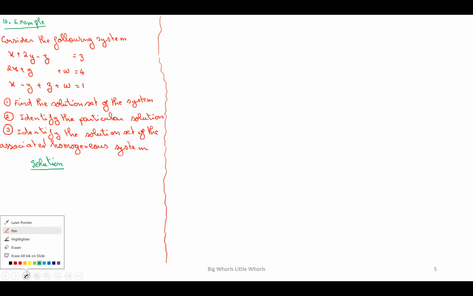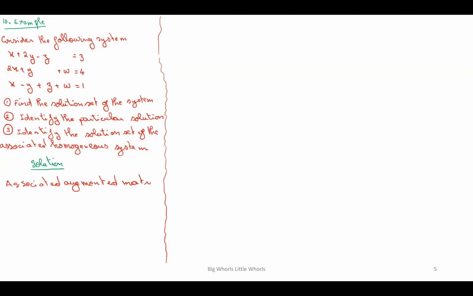Before we start part 1, instead of doing the computation on the system, we have learned a better way, which is to do the computation on the augmented matrix. Okay, makes things easier. So the associated augmented matrix